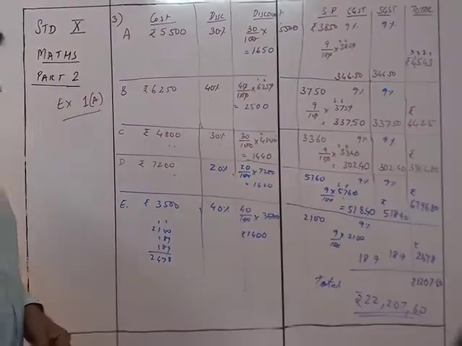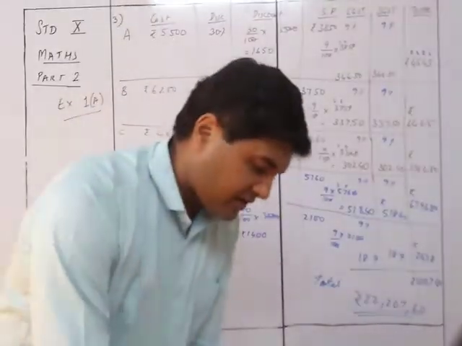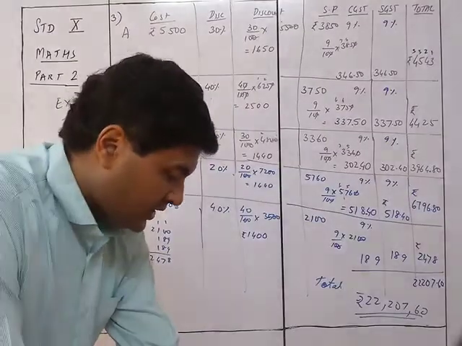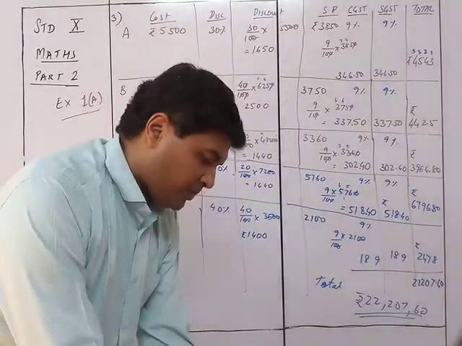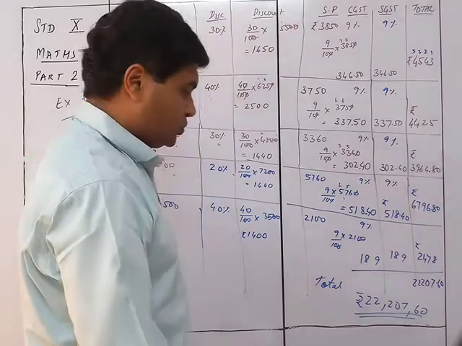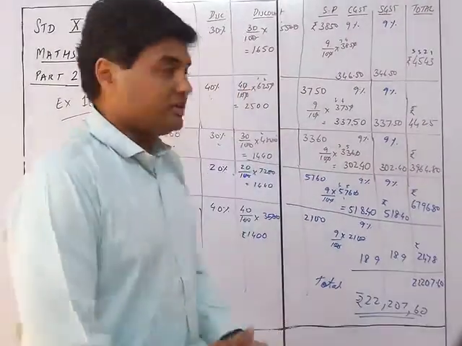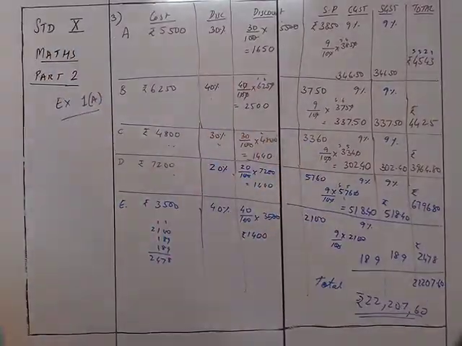That should be the answer. I hope there is no calculation errors here. It's not a huge calculation. So let's see the answers. The first answer over here will be the D part here. It is 2207.60. Yeah, good. So there is no calculation error. It is exactly what we need to do over here.